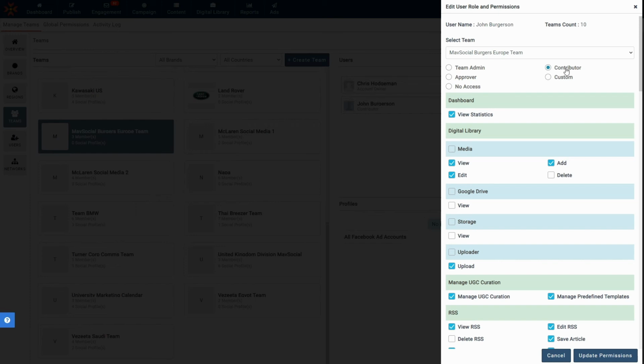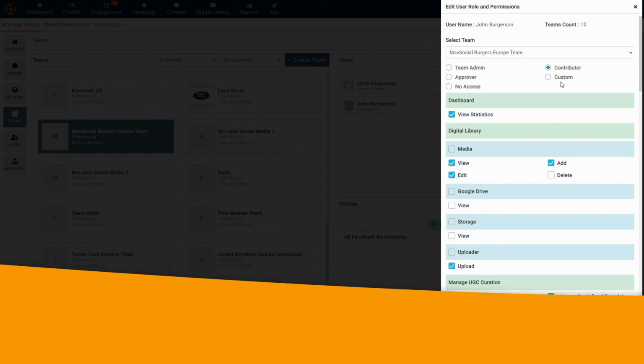A contributor can create posts, but they will need to be approved by a super admin, team admin, or an approver. An approver, as the name suggests, can only approve posts. And finally, a custom role, which allows you to customize a specific role for a specific team. In theory, a user could have different permissions in every team they are a member of. It's that flexible. Select the permission you want the user to have and click Update Permissions.